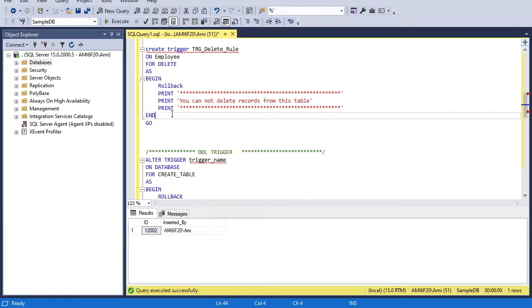Okay, here is the example. So this time I'm creating a new trigger, TRG delete rule, and this delete rule is applied on the employee table and capturing the delete event. Within the begin and end block we are doing nothing but just rollback. So when this trigger executes, it will roll back all the commands which were executed just before executing the trigger. And finally, it will print a message in a decorative manner that you cannot delete records from this table. So let's create this trigger,